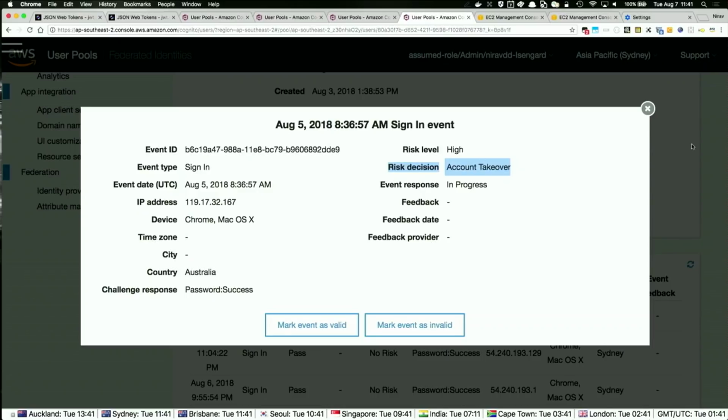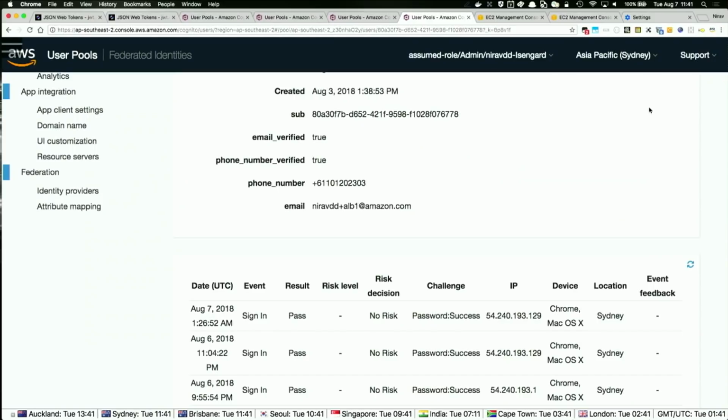So this is still in progress because you didn't finish that MFA process, is that correct? Yes, because our pool does not have a phone MFA enabled. I did not proceed with the MFA verification, but this is how it blocked my attempt, did not allow me to proceed further. Cool. And we're also notified about that, so as a user, I can take action and tell it, you know what, I am not a high-risk user, I'm just in a new place. And once I validate that and put in my challenge, I will just go along my happy way. So it's a very nice, seamless experience for our users.